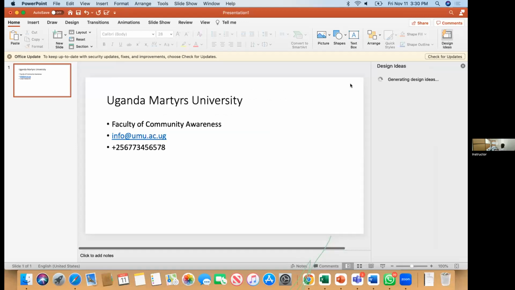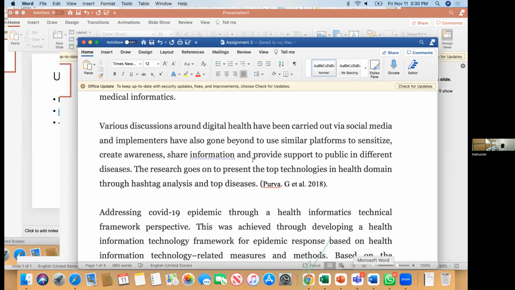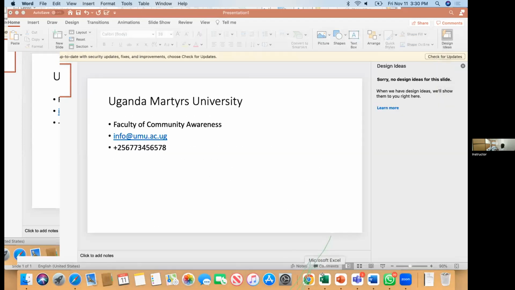Now, you see, in Microsoft Office Word, we have what we call pages, as in the way you see this document. Then when it comes to Excel, as you saw, it has the sheets. Are you seeing my pages?